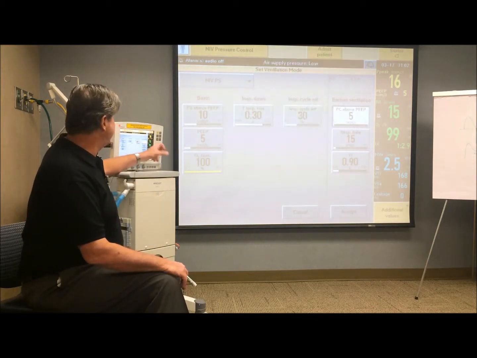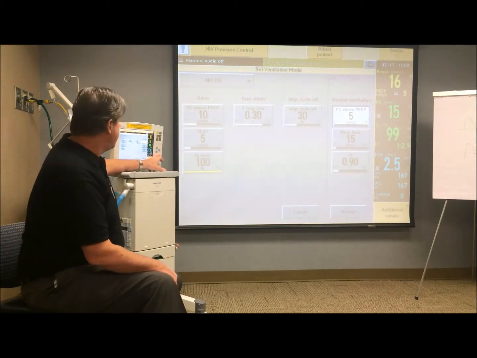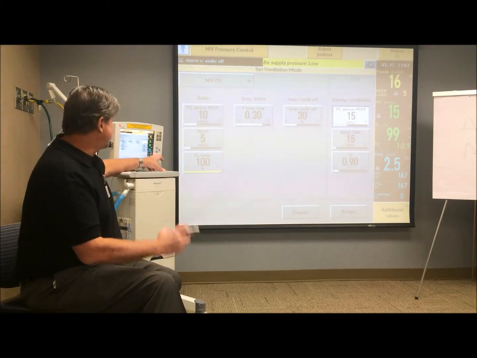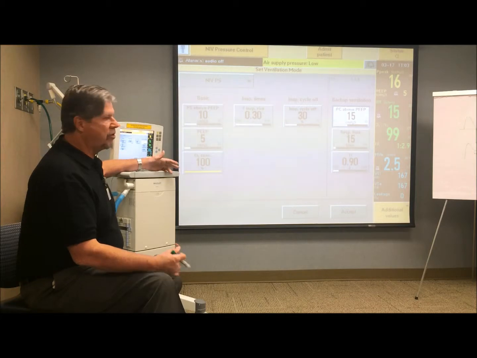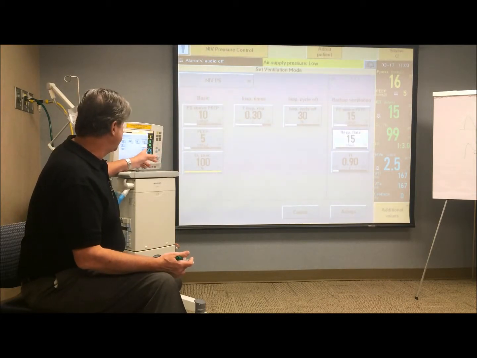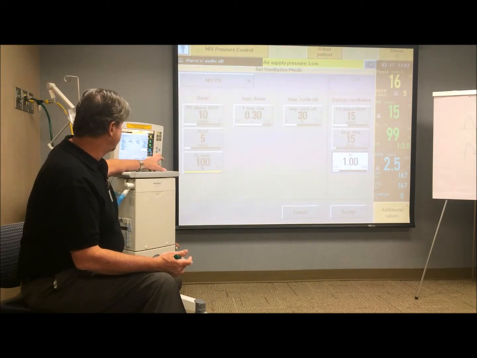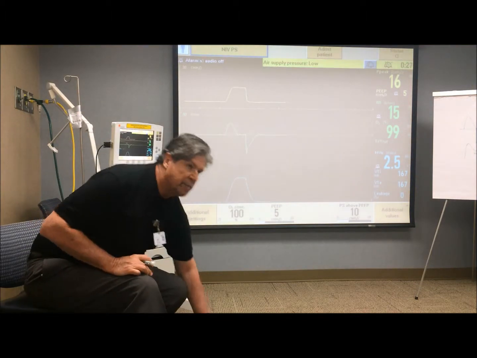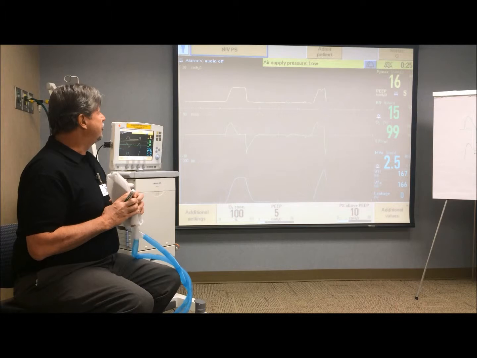The last thing to tell you about non-invasive is the backup when you're in pressure support, and we have the ability to go to backup ventilation, in which case if he stops breathing, you still have the mask on, you say, well, I'm going to set a pressure control of 15, a rate of 15, and an I time of 1 second. So then if he does stop breathing in pressure support, so he's breathing away,